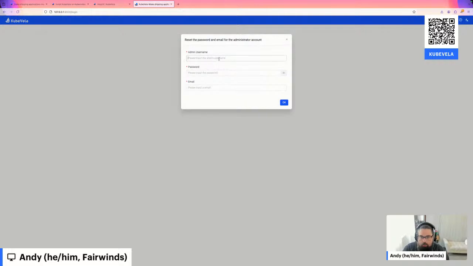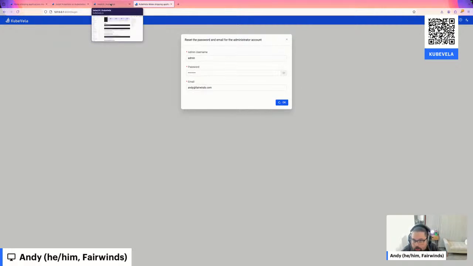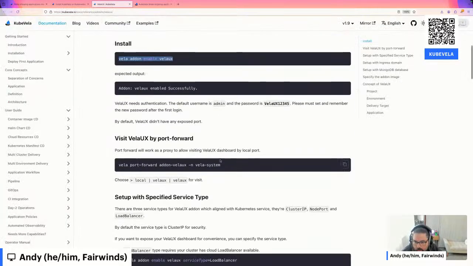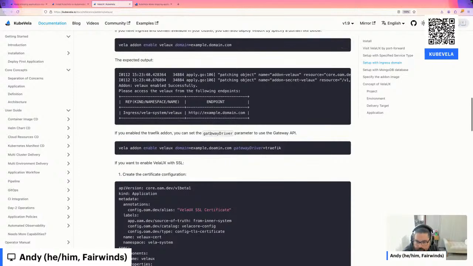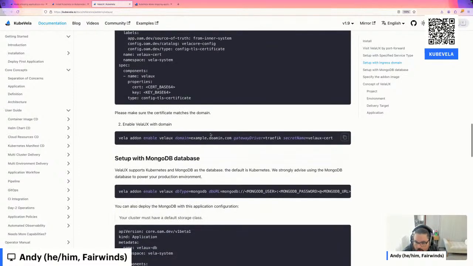All right. Wants me to reset the admin username and password. Oh, you're going to make me do a good password. That's good, but I don't really want to get out my password manager here. All right. We've given it a new username and password. While it's thinking, we've got the ability so we can change the way that that service is exposed. That makes sense. So for this it seems pretty straightforward to just keep doing our